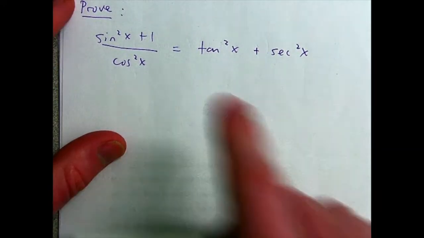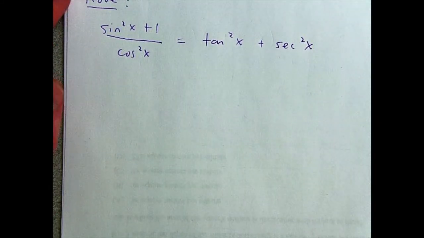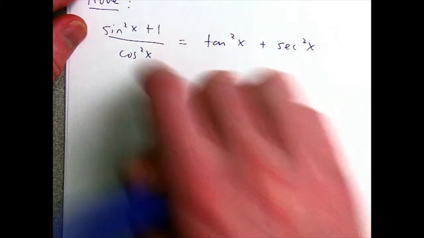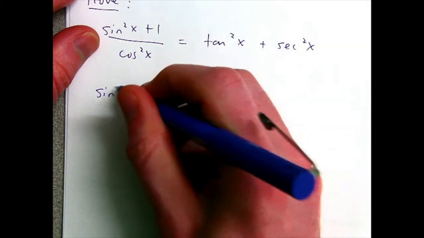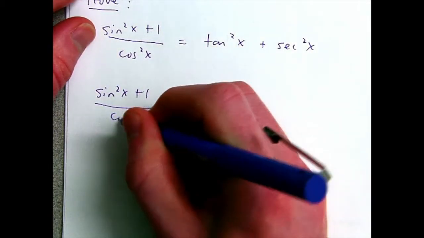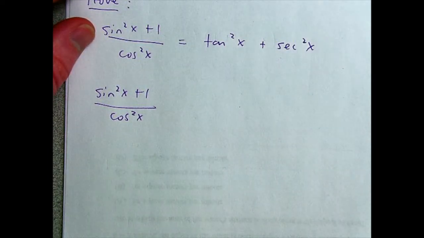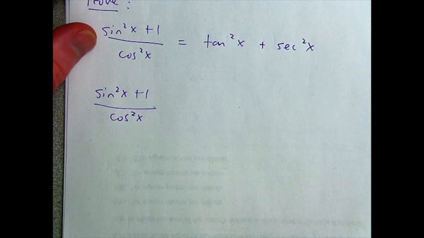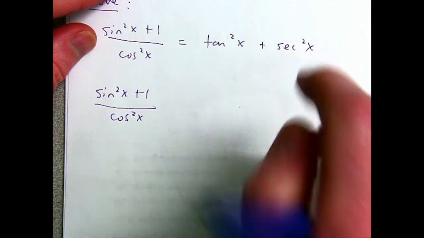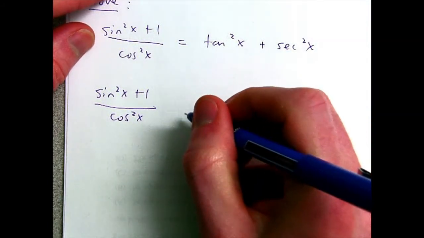I'm going to try to work with this side. Generally speaking, it's better to start with the side that looks more complicated. I would say that this side looks worse. So I'm just going to copy the left-hand side without making any changes, and then do some work on it, simplify it, use identities, and hopefully I wind up here. So let's see what I can do. First of all, what I notice is that